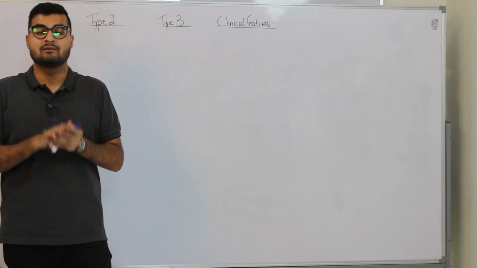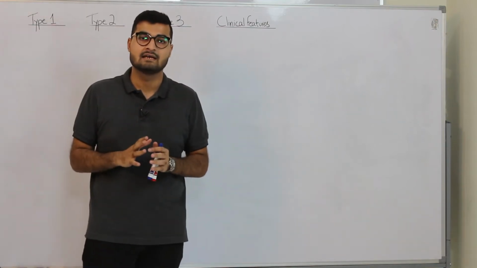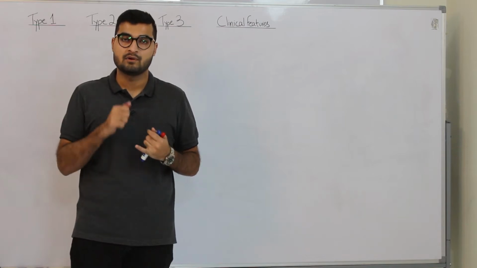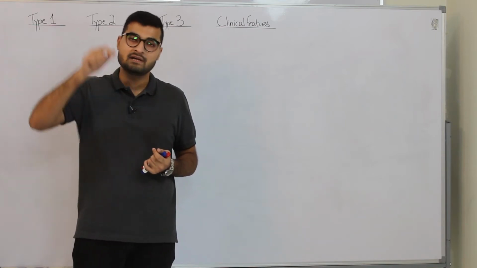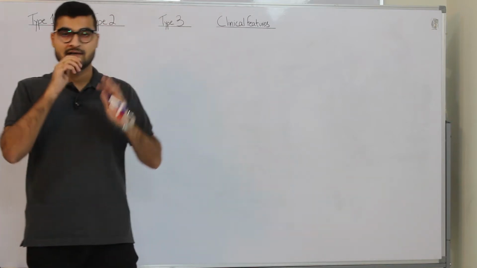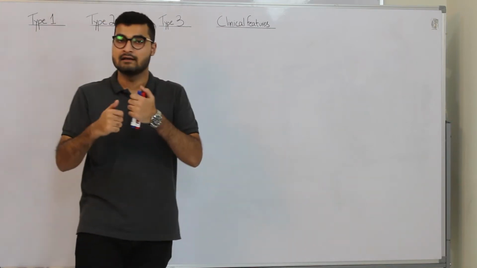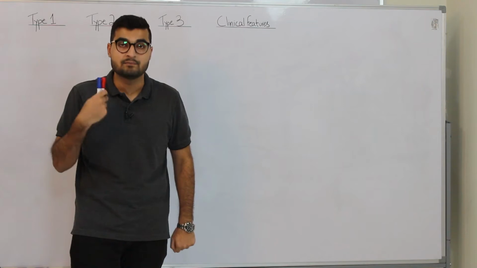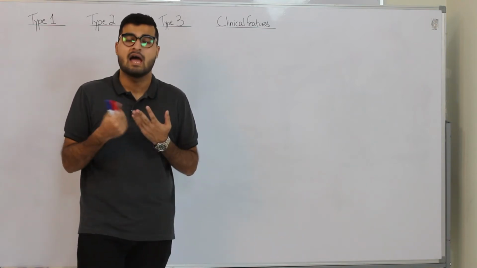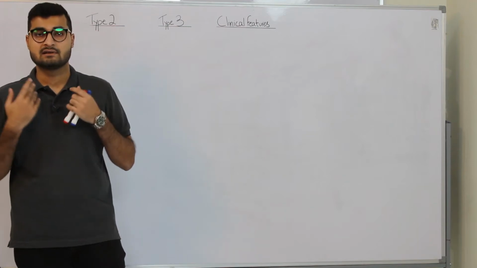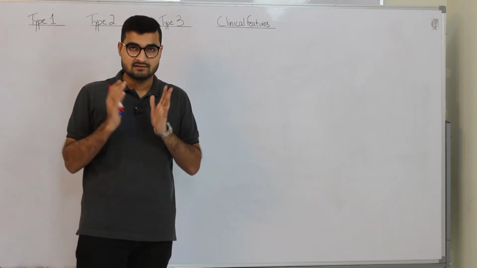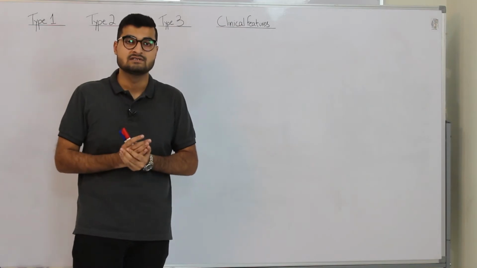So what happens in RPGN basically is that you have a rapidly progressive disease that leads to rapid deterioration of your kidney functions, right? And if you have rapid deterioration, that means the patient is going to be symptomatic. Now the symptoms would be oliguria, anuria. The patient might not just be passing urine. So we're going to talk about the clinical features, but just to highlight what happens in RPGN is that you